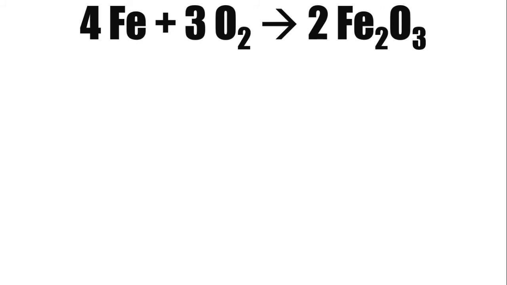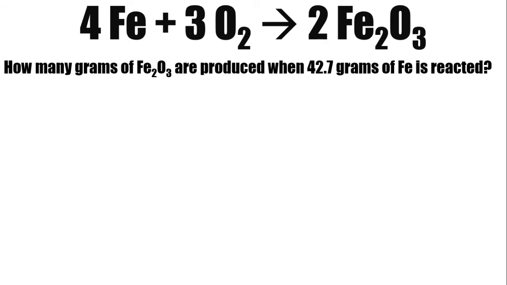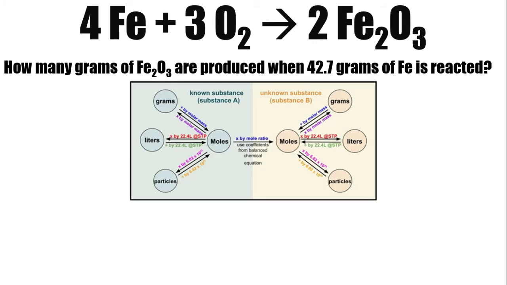Considering the same reaction, how many grams of Fe2O3 are produced when 42.7 grams of iron is reacted? It looks so complex, but don't worry. It's very simple. In this question, we have to use our modified enhanced roadmap. We are given 42.7 grams of iron. This is your known substance. We're looking for the grams of